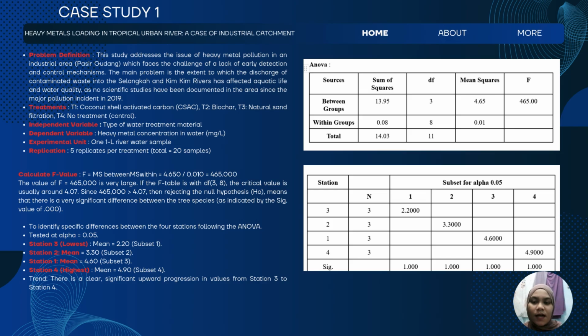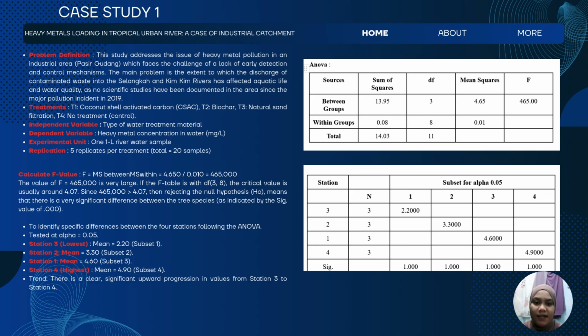F is mean square between over mean square within, which is 4.650 divided by 0.010, equal to 465.000. The value of F